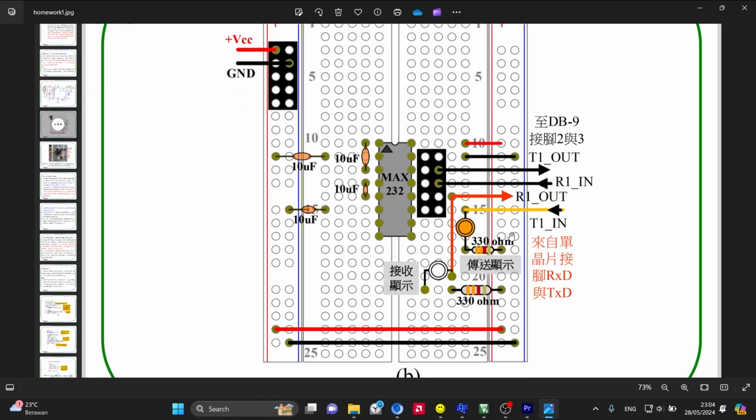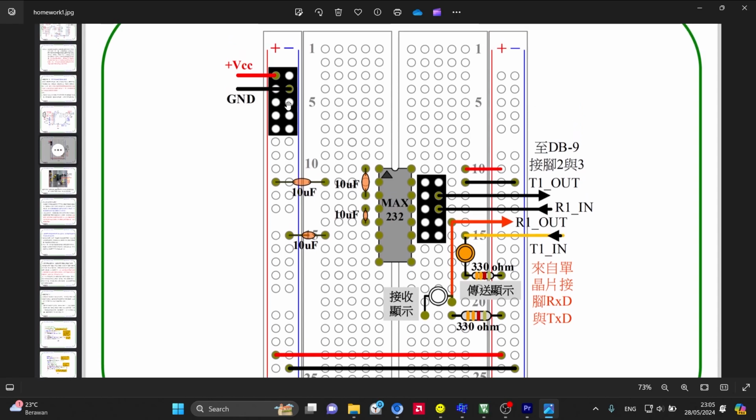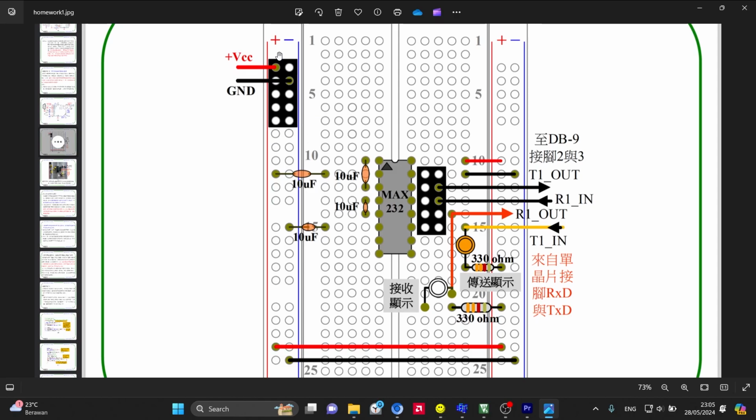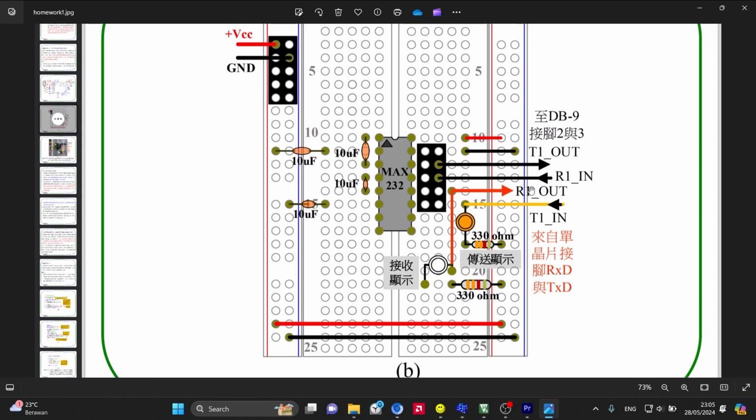And then right here we have the second part of the circuit. We have right here that is connected to the RS232. The T1 out right here is connected to the RxD, which is the receive data, and the R1 in is connected to the transmitted data, the TxD, and then they are connected to the MAX32 that is going to change the signal of this data that is going to the microprocessor, and from the microprocessor right there we can control the speed from the RS232 that is connected to the computer.